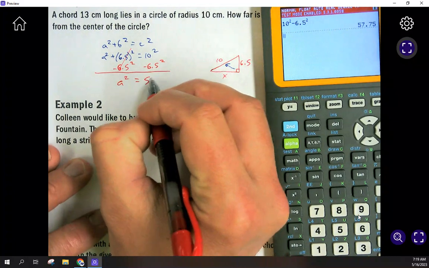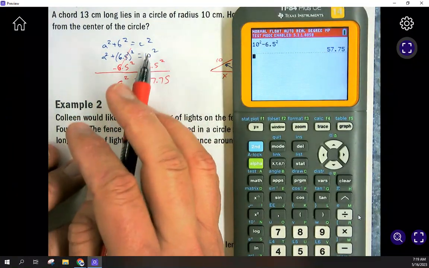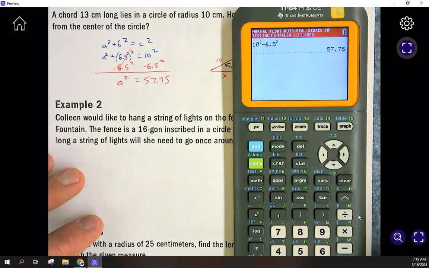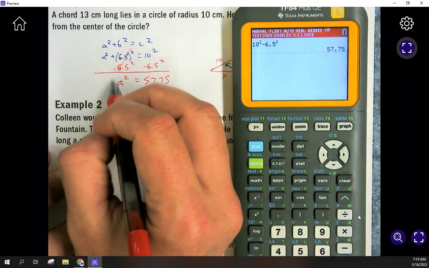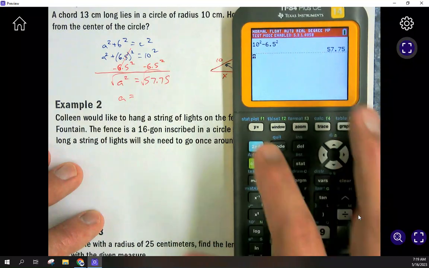So 57.75. That would be the same as if you did 10 squared is 100 and 6.5 squared is whatever it is, and then subtracted it. You'd still end up at 57.75. And then we know, of course, we're going to square root that. So a is going to equal the square root of